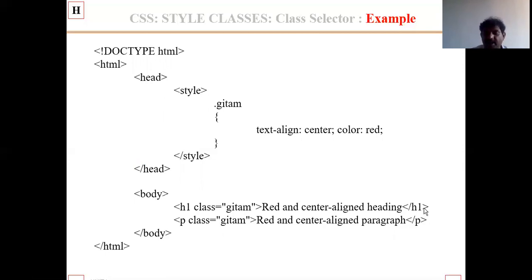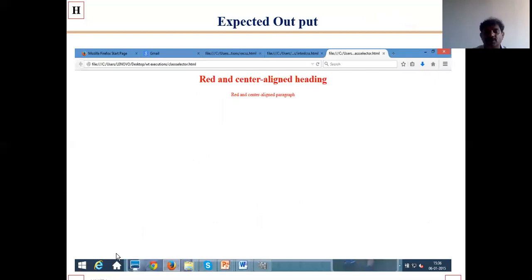We are using header h1. P means paragraph, class equals Gokaraju, red and center aligned paragraph, close with slash, close the body and the HTML tag. It will show the output: red and center aligned heading in red color.